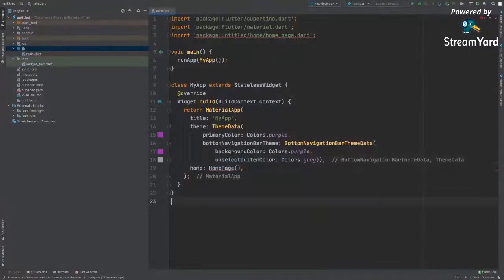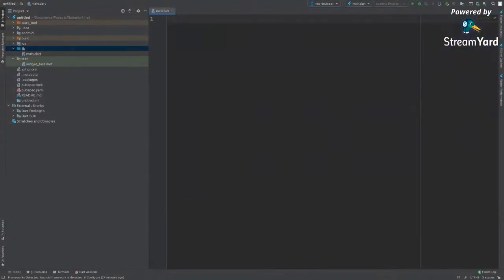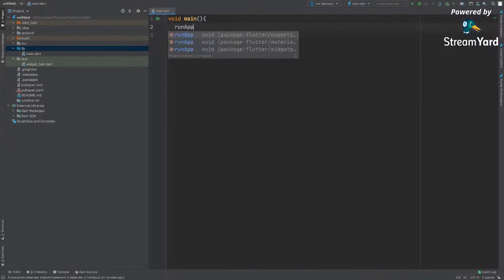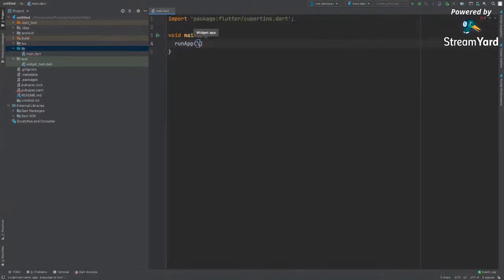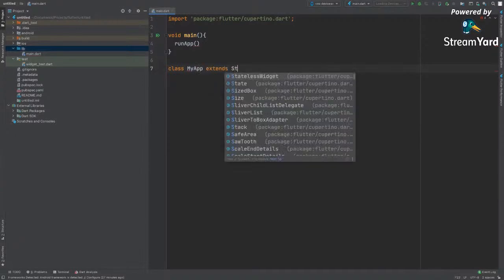So let me remove all the codes from here. As we know that all the Flutter applications start from the void main. So we will take void main. Flutter cannot be run without the run app. So we are going to use run app, and run app needs a widget app. Let's quickly make a widget app. So let's say my app, and it will extend stateless